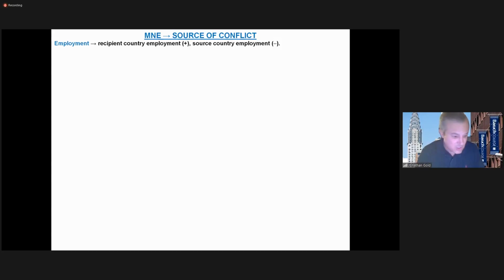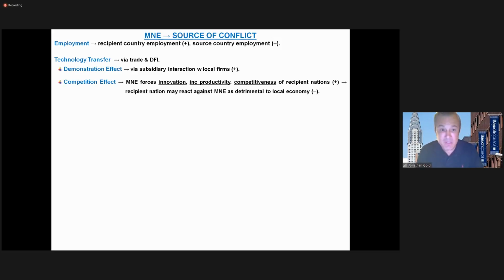We talk about technology transfer via trade or direct foreign investment as companies do business around the world. Yes, and so there are two types of technology transfer: either the demonstration effect, which is seen when subsidiaries interact with local firms, or through the competition effect, which is what? Multinationals moving around the world force other companies, domestic companies, to innovate, to fine-tune their operational strategies to remain competitive in